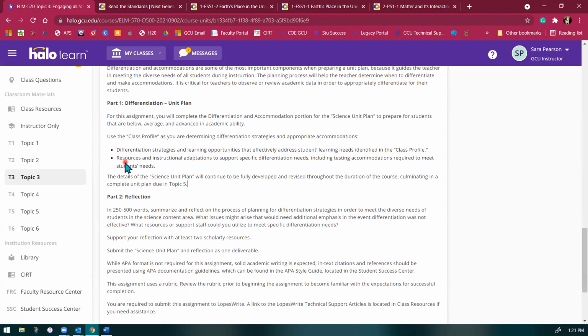I might give them a text that has an easier reading level, or for my gifted students, I might give them something such as, instead of just having a discussion, maybe they need to write and explain things. So think about the things that the teacher is doing for your differentiation strategies,